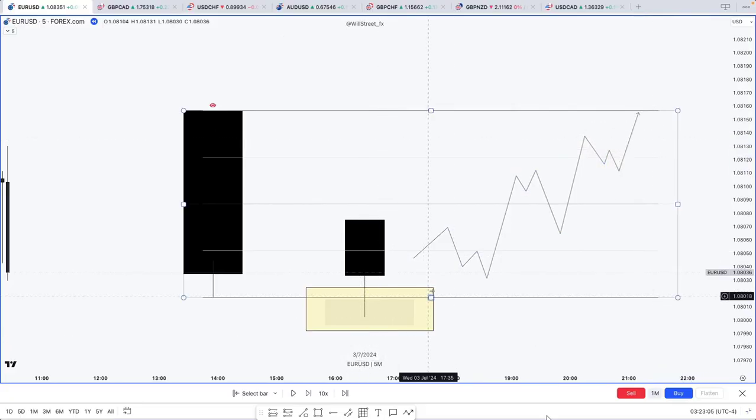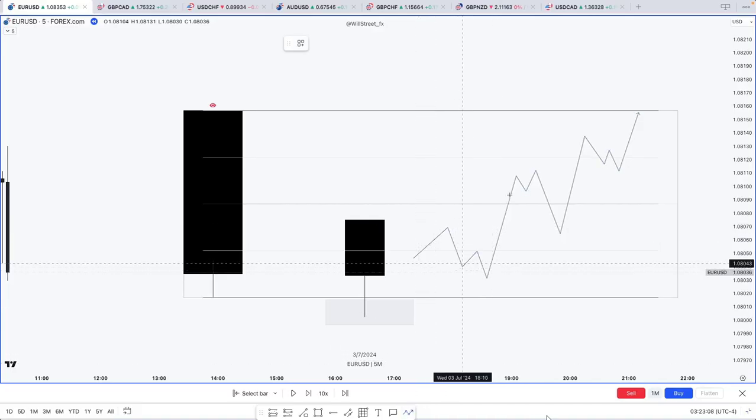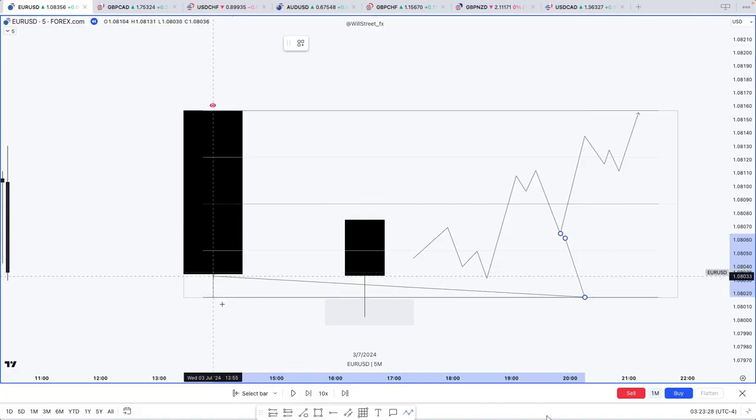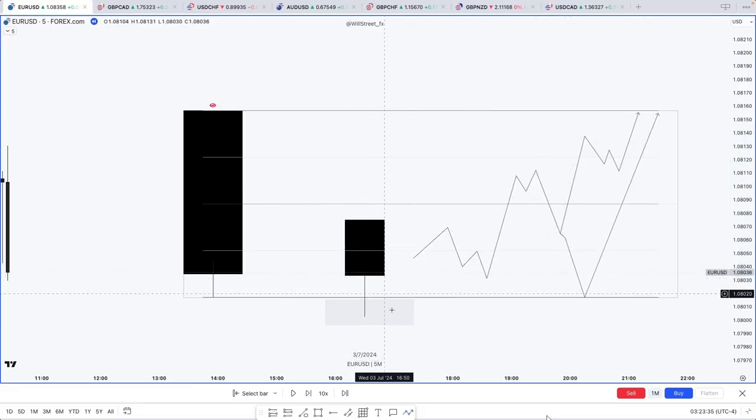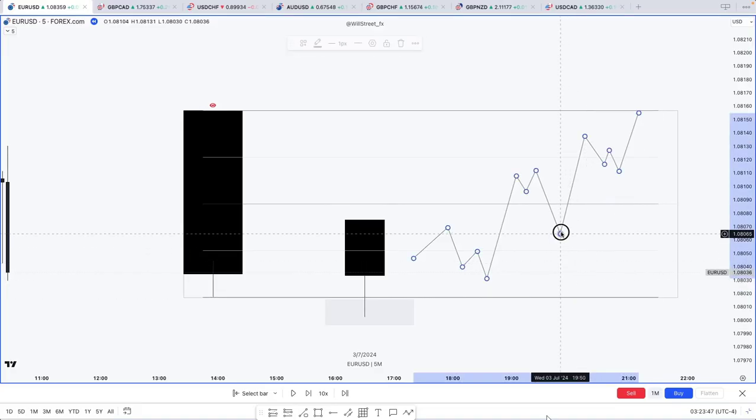Why? Because what could happen in between, it could just do this. Imagine you buy here, it takes you out with a stop loss, or imagine you buy here, you are in retracement, okay, but it just goes again to the range low, acting as a support and then going up. That's why I like entering at the very optimal first move and at the last move. But this video is about bias, so